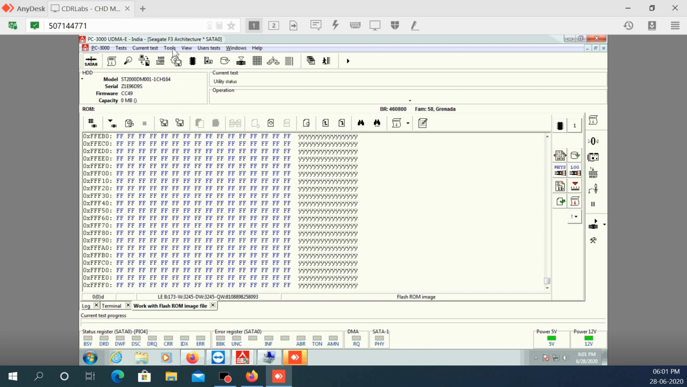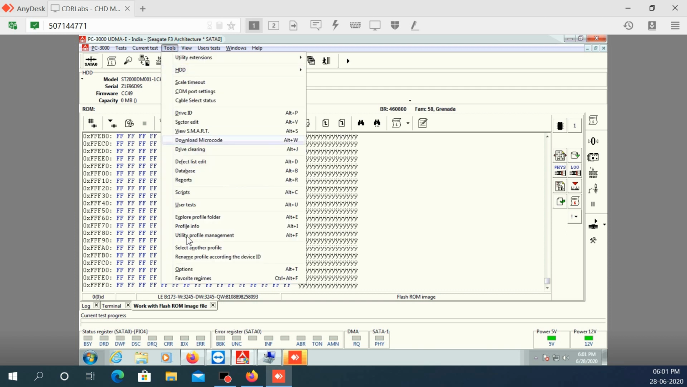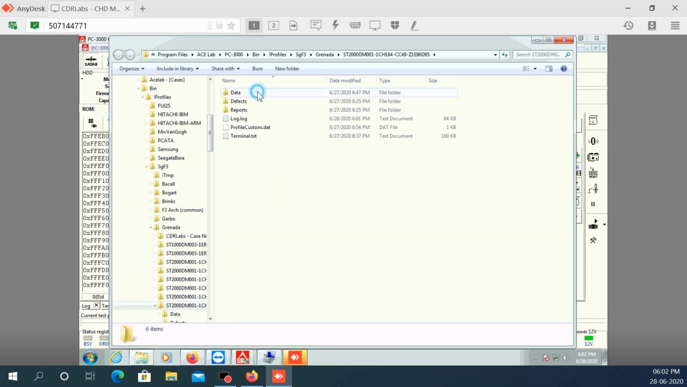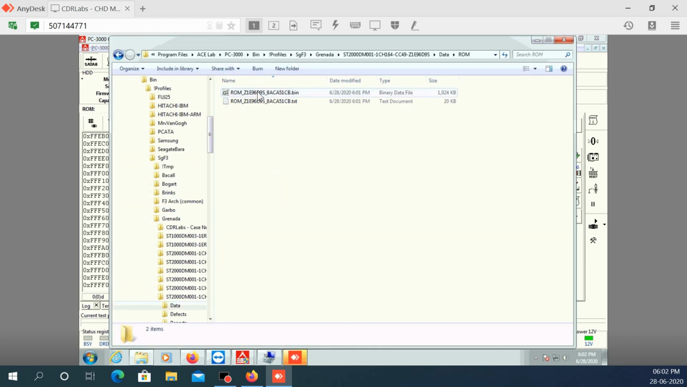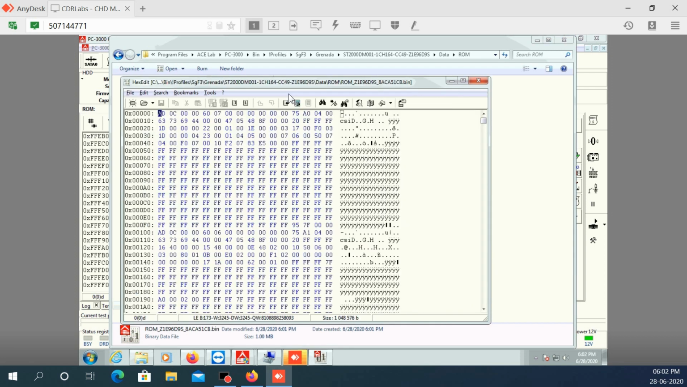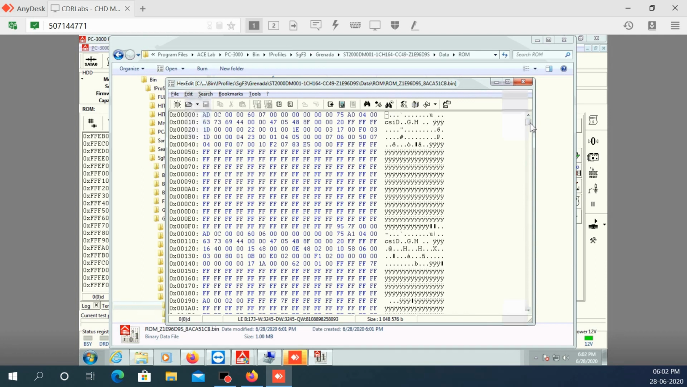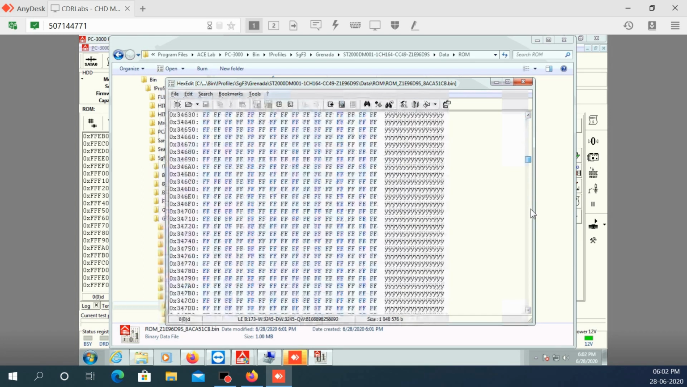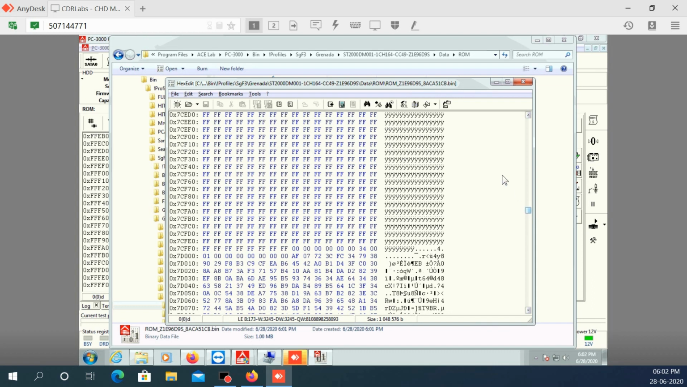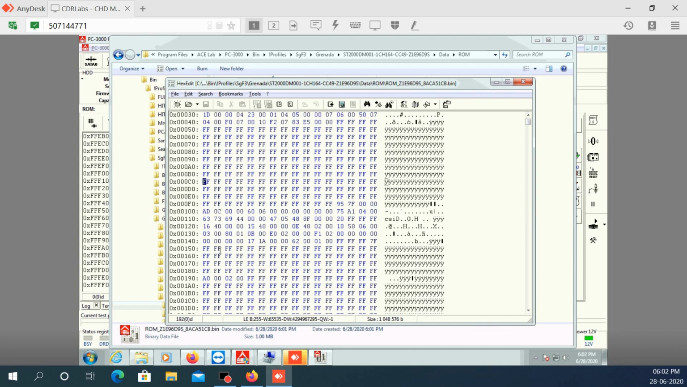Now let's verify that. Let's go into our explore profile folder, and let's go into data, let's go into ROM, and today is 28th, so this is 1024 KB of ROM, which is totally wrong. And if you actually want to verify this, let's open it up right here into the hexadecimal utility, and let's drag this thing in the middle, and over here you will see